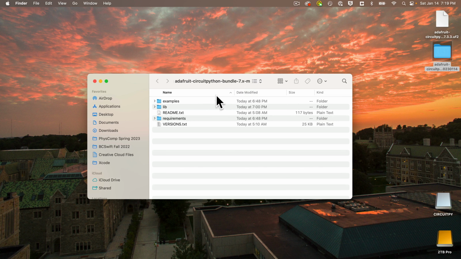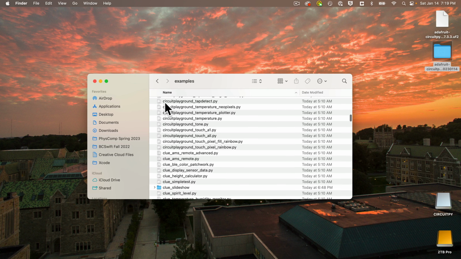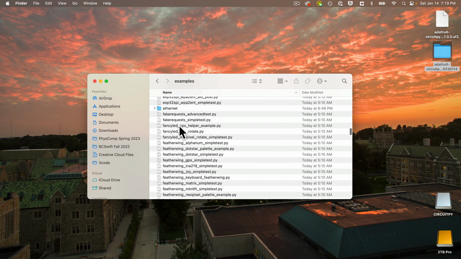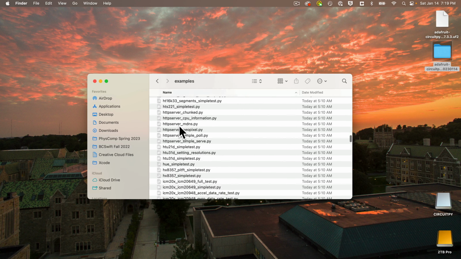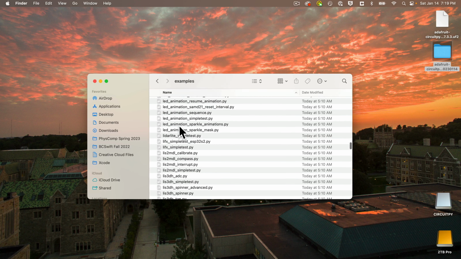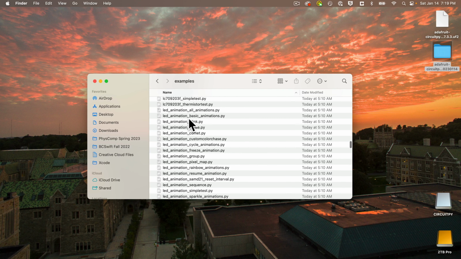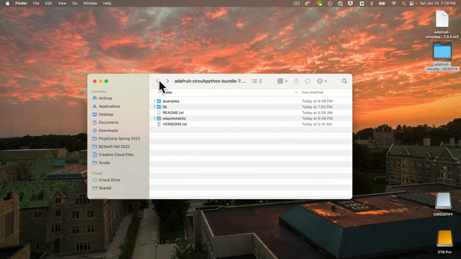Now we see that there's a folder called examples. And later, when you're more comfortable with CircuitPython programming, you can look inside these files and see all sorts of sample code for doing lots of cool things. For example, there are a whole bunch of sample programs in here for LED light animation. These start with LED_animation, but for now, I'm going to back out here, and instead, I'm going to double click